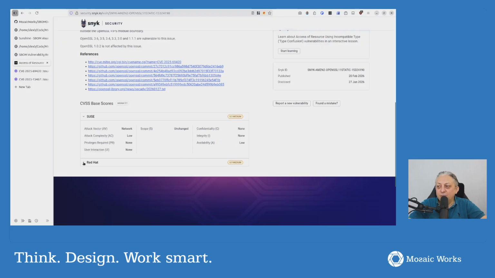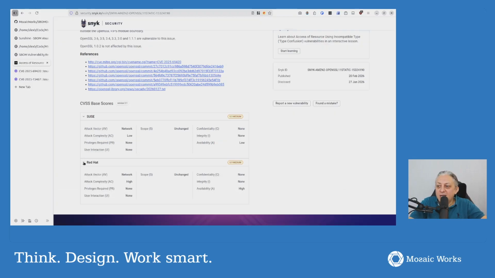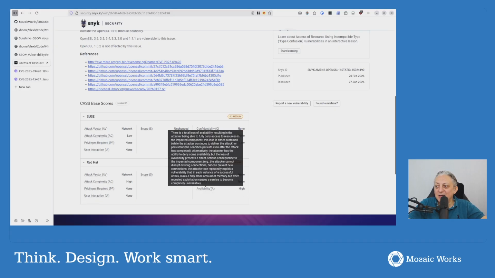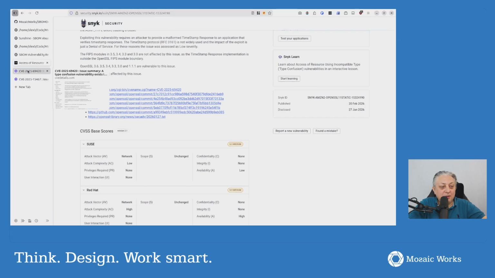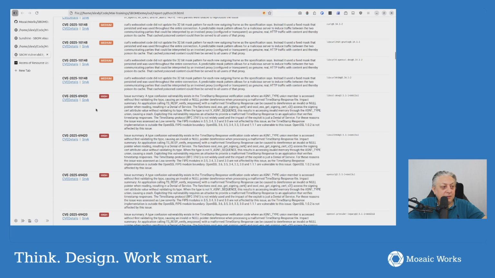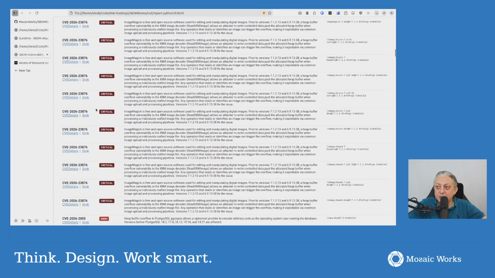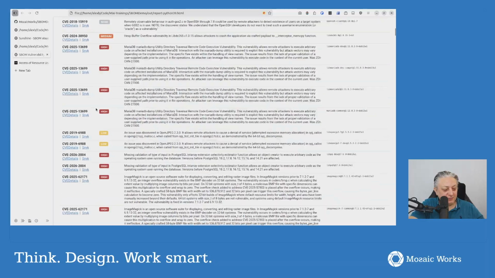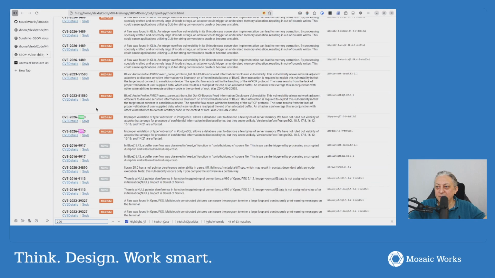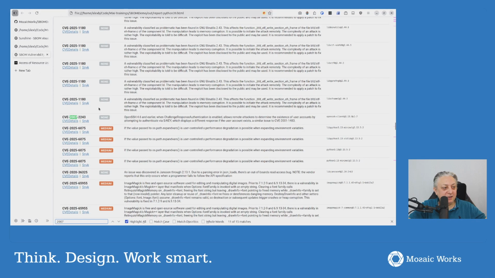And they have information for SUSE and Red Hat, and for Red Hat it's a higher risk on availability, presumably because of other components that they are using. So let's look at another one. I noted one which is from 2007. Let's see if we can find it. There is even one from 2003. Okay,